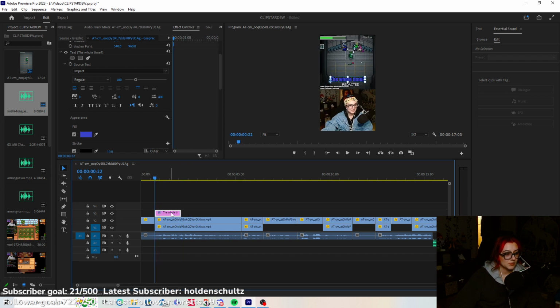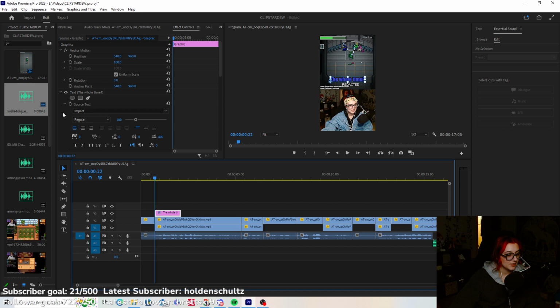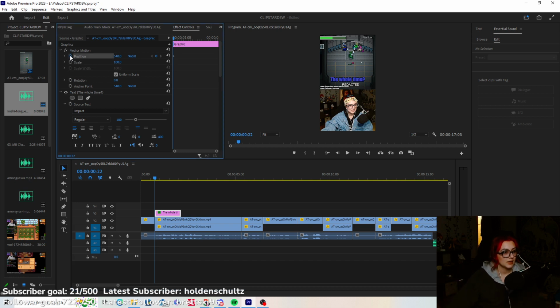And now here's what I do for movement. This is the little toggle animation button. That means you're going to add different movement to it. You're going to animate it. You hit that, it's going to add a keyframe. Keyframes are the basic necessity of what you need to understand about how to use Adobe Premiere. Everything works off of keyframes because you're basically saying at this point in this sequence, I want it to be at this. And then you'll add another keyframe, and I'll show you in a second.